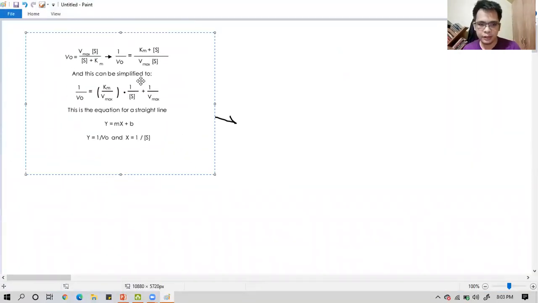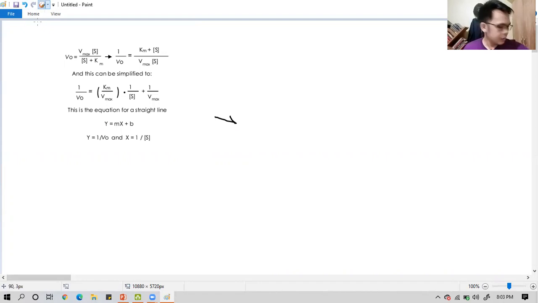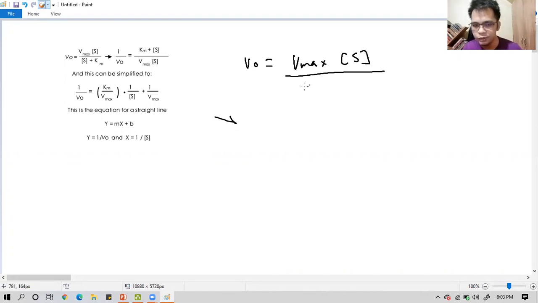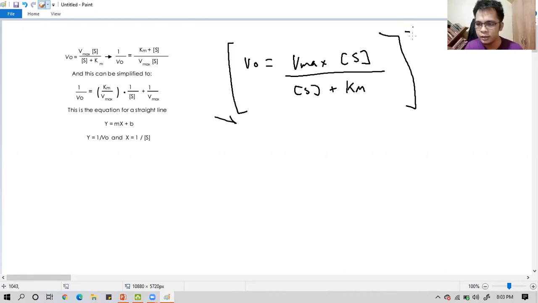This is the equation for the graph here. The Michaelis-Menten equation is V sub O equals Vmax times the concentration of S all over the concentration of the substrate plus the Km. Now, what we will do here is take the reciprocal of both sides. What does reciprocal mean? That is 1 over V sub O equals S plus Km all over Vmax